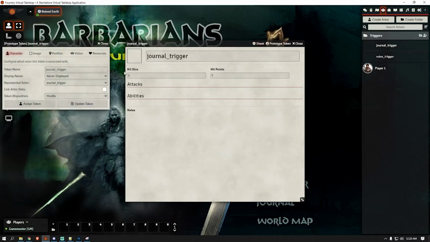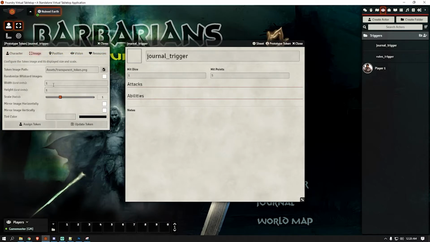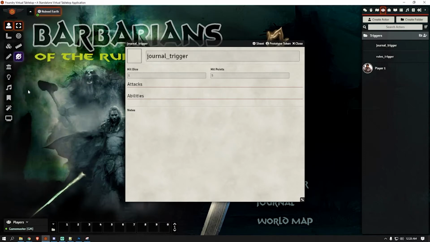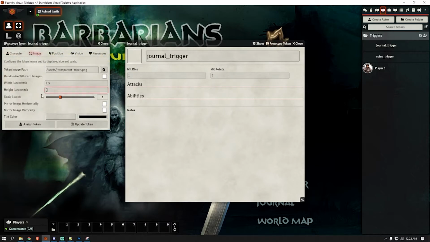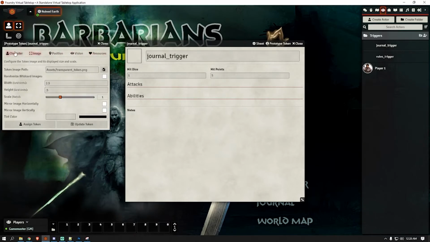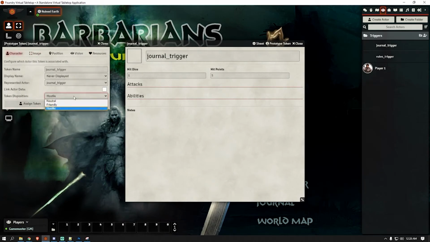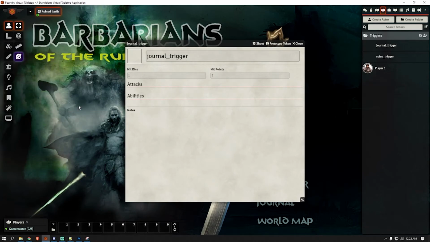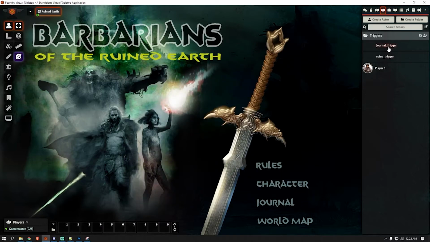We also want this to be, let's go 2.5. Oh my goodness. 0.5. Position, vision, resource. Set it to friendly. Update the token. And now we can pull this out. Put it over our journal. Now